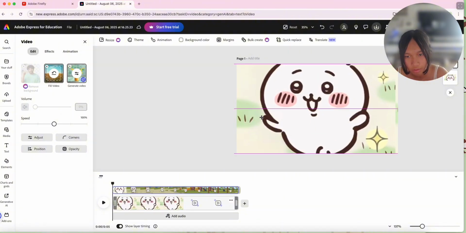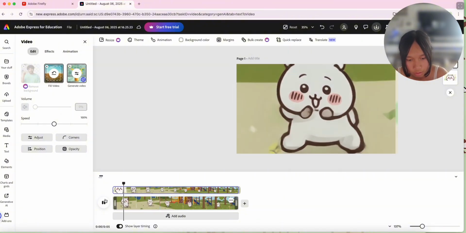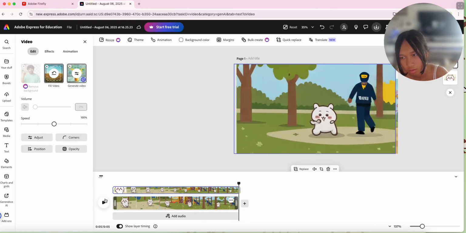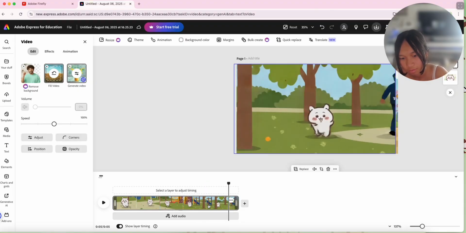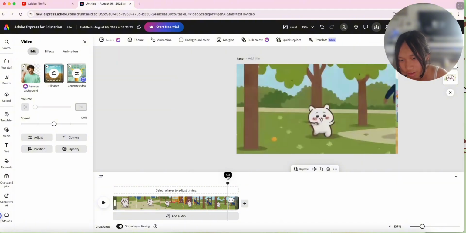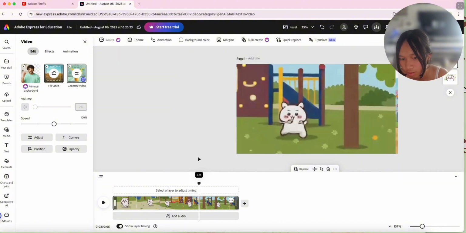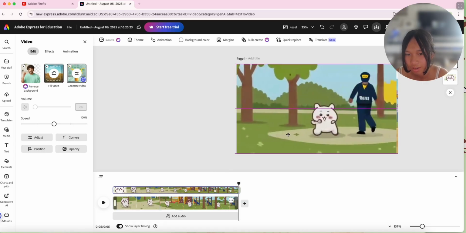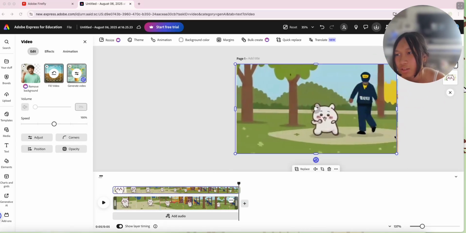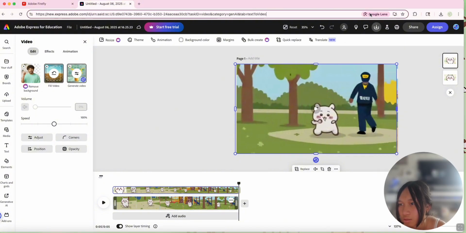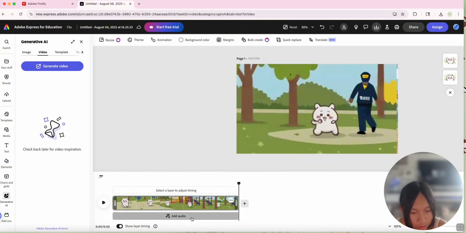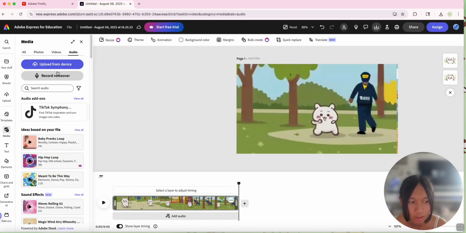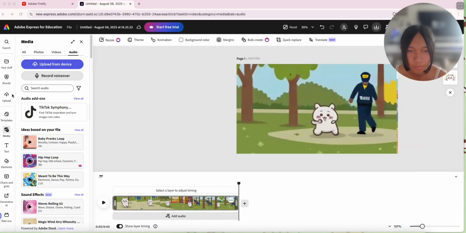Okay. Let's see how this works. Okay, we got Chikawa just running around and then getting chased by a police officer. Okay. And then we could also just download it by the side over here. So let's just download. Add audio. So add audio over here, and then we have record voiceover, so we could just add any kind of voiceover we want. So yeah,